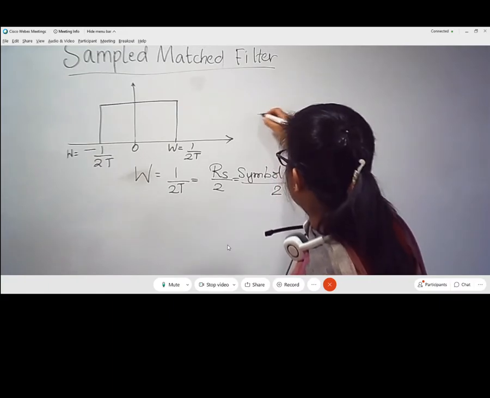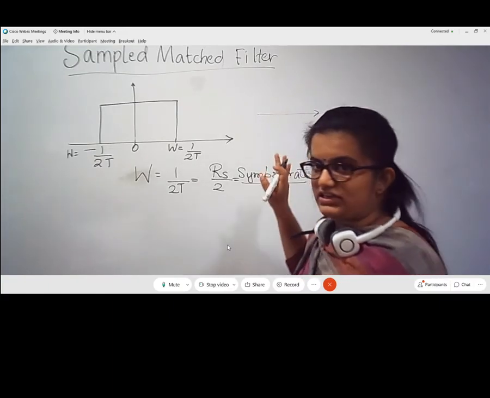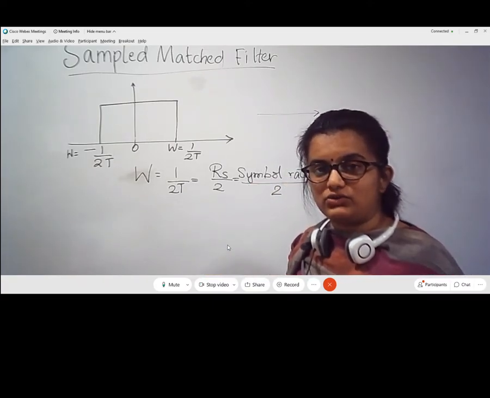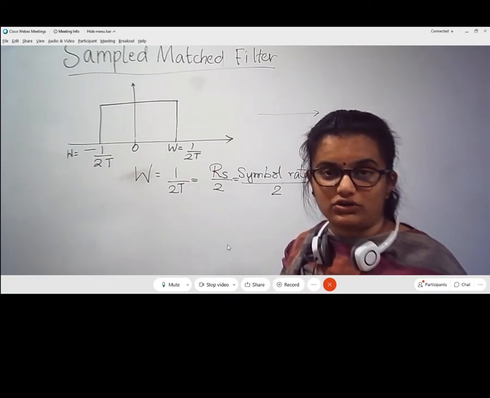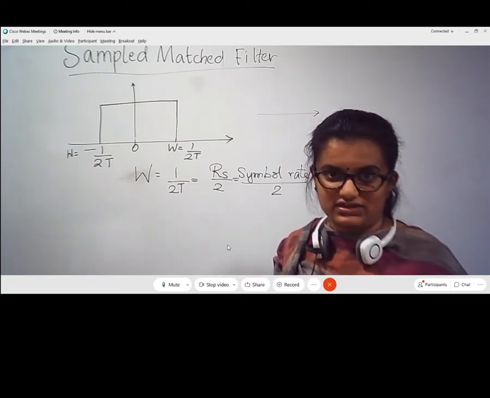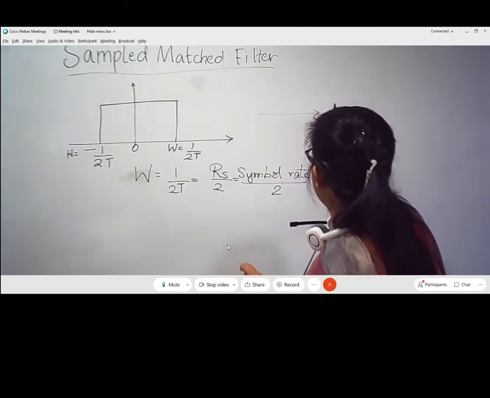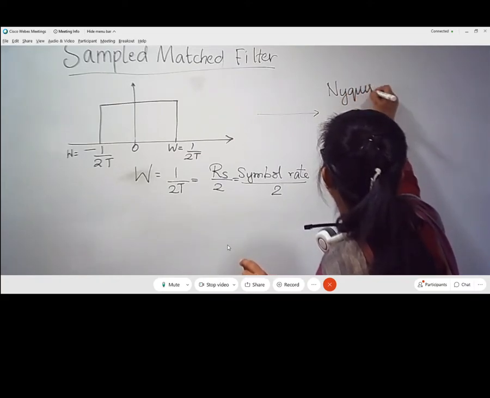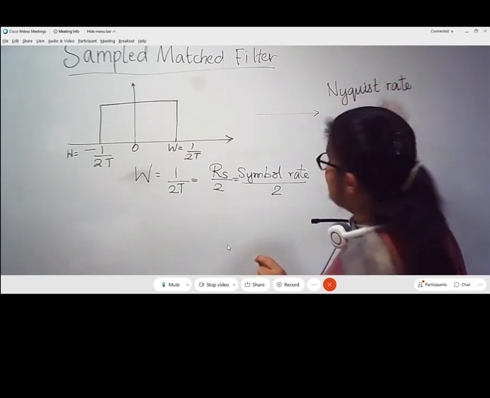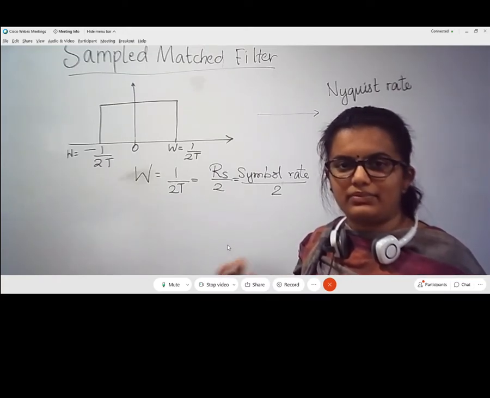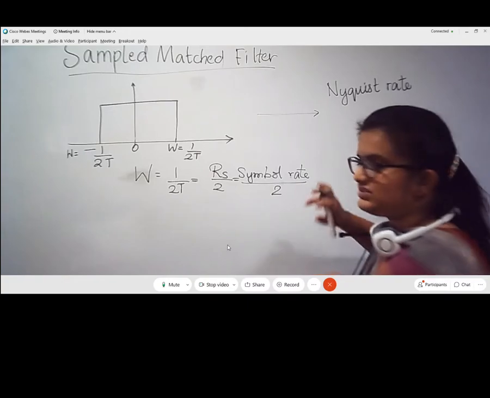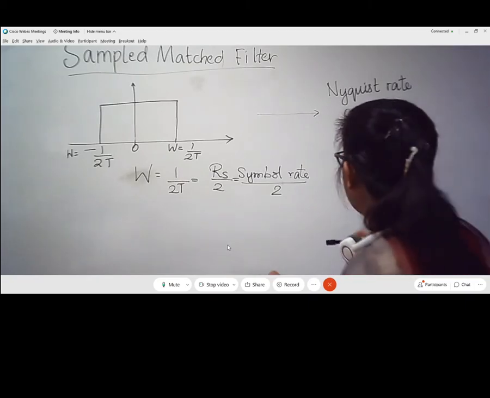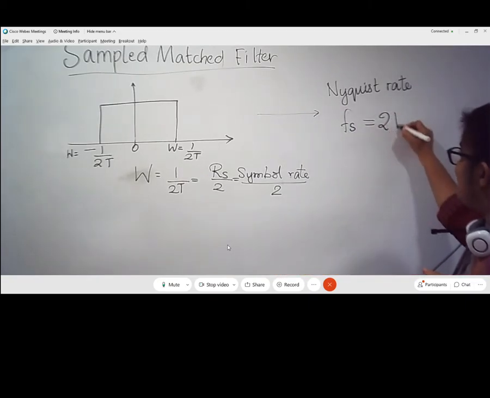At the receiver structure, what do I have to do? I need to reconstruct the signals by obtaining a few samples. How do I find the minimum number of samples that I require in order to detect the actual bits that are transmitted? The Nyquist sampling rate always states that, whether it is for a band pass or a baseband signal, the sampling rate Fs, the rate at which the signals are sampled, should be at least twice the transmitted rate.